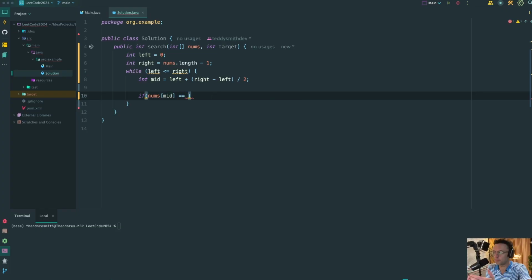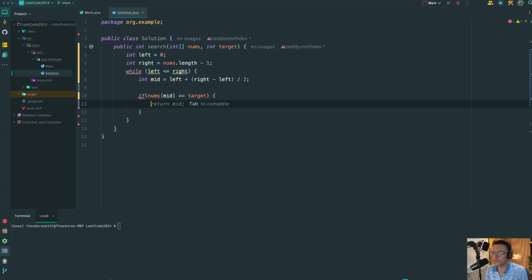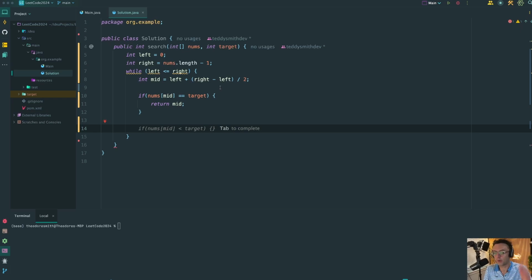Because we're always splitting down the middle, always "searching" in the middle of the dictionary, if we land on the middle, that's the number that we want. And we're going to go ahead and fail first or have success first. Fail first or success first is a good strategy to use when coding algorithms. And if we find the number that we want at the very beginning, we don't want to do any more